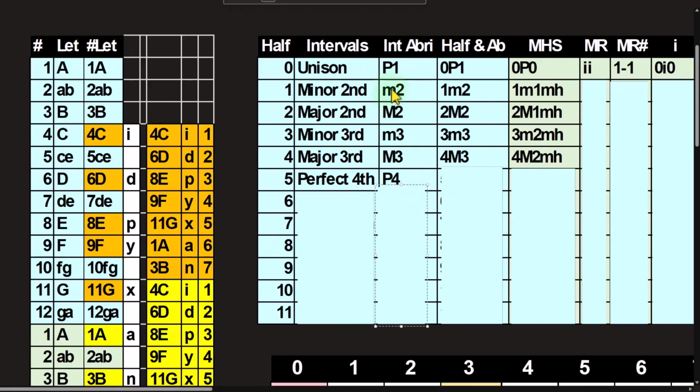So now once again, we've got the perfect term instead of the major term. Why? I think it's because the perfect fifth down here was thought to be so stable and such a great interval. And then the perfect fourth is the inverse of the perfect fifth. Therefore, if the perfect fifth is great, you have to call the perfect fourth, the inverse of it, great as well. But in any case, that for us means that it's going to be in most of the modes. So a 5-note distance is so solid that it is in most of the modes. So the perfect kind of helps us